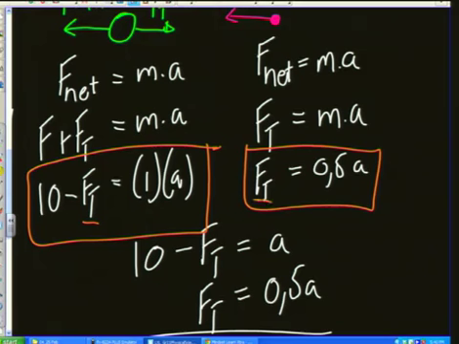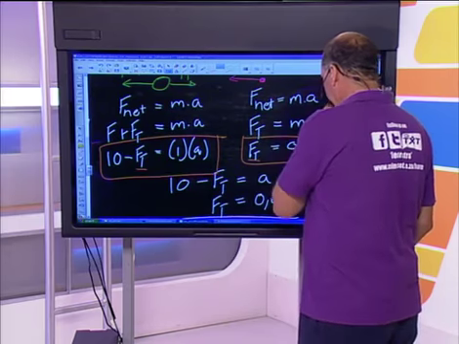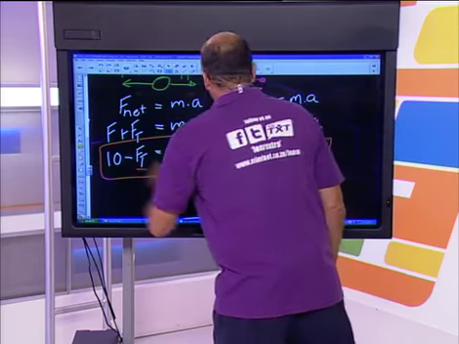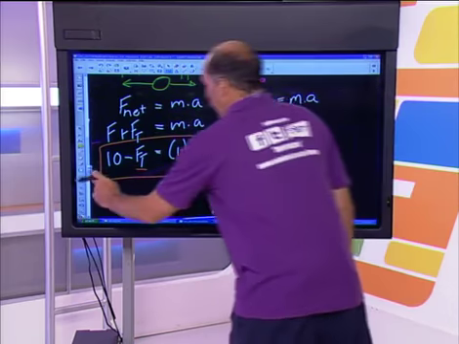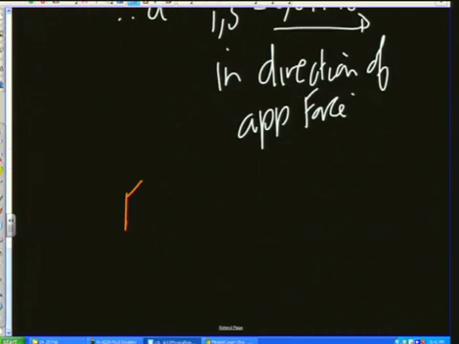You can check this by substituting the values in. I'm going to do it very quickly. I'm just going to use this equation, and I'm going to use the acceleration I was given. I'm going to say, therefore, Ft is equal to